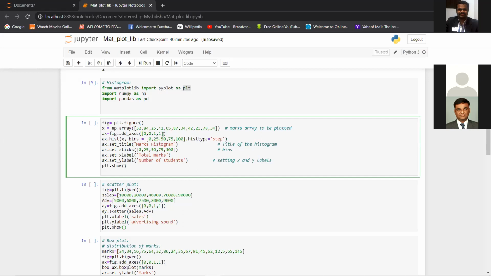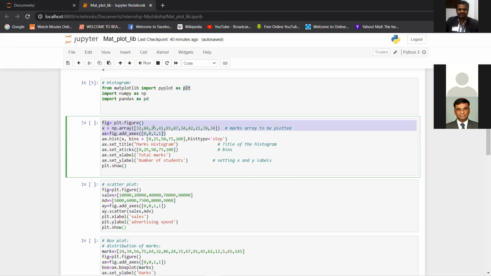So if you want to increase the size of your chart, you can fiddle around with these parameters, especially these two. These are basically structural elements. These two will create the structure for you.